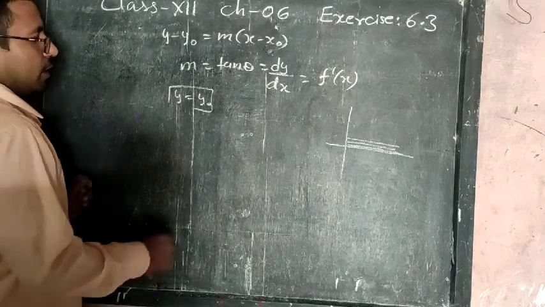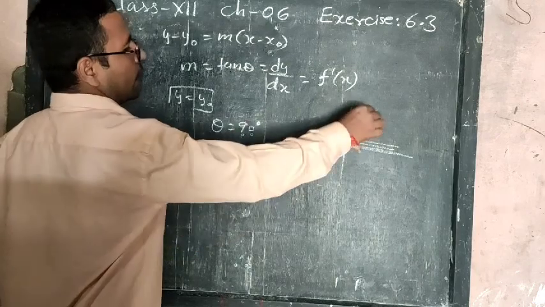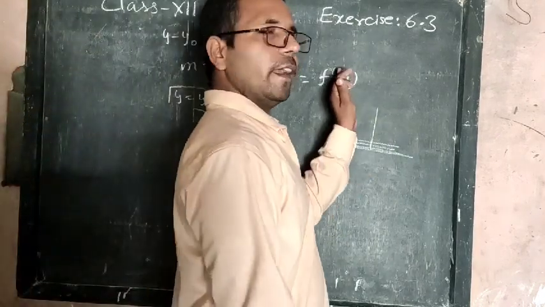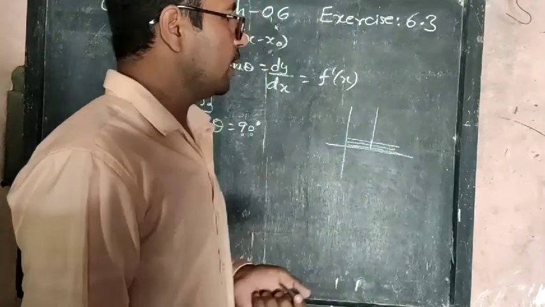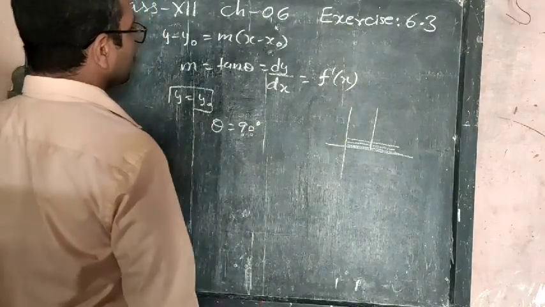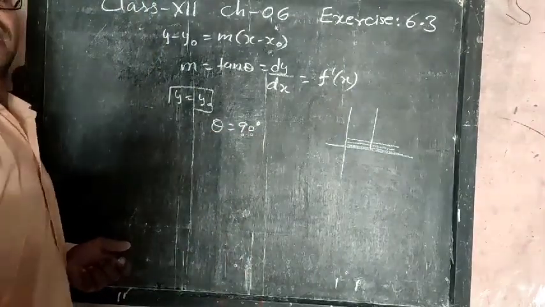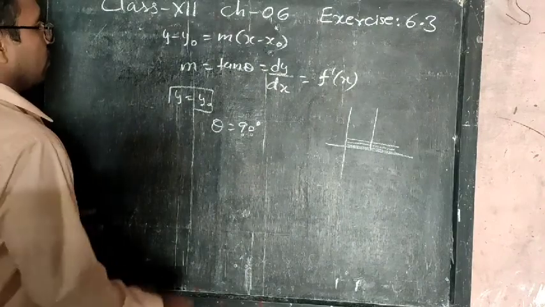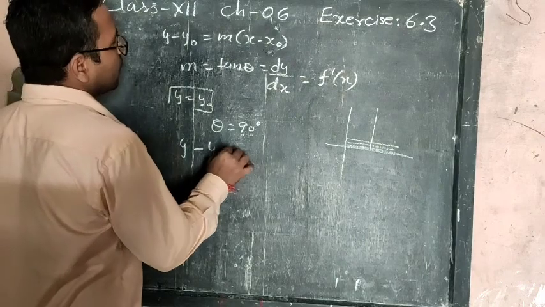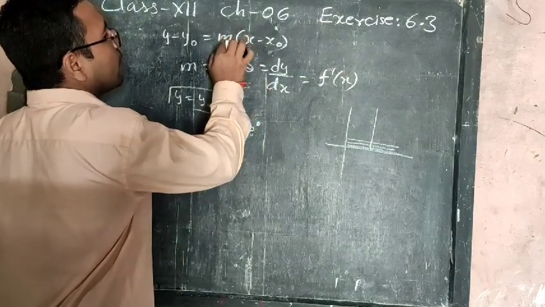So now students, suppose theta is equal to 90 degrees. That means just like this. That means the line is parallel to the y-axis. When theta is 90 degrees, it will be parallel to the y-axis. Tan 90 value is not defined. Tan 90 value, how much will you get here? Not defined. As we have y minus y naught is equal to tan 90 times (x minus x naught), and tan 90 value is not defined.